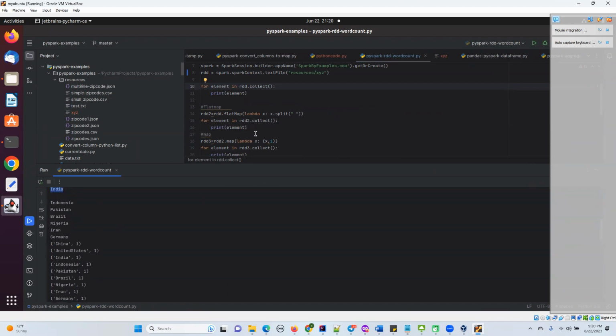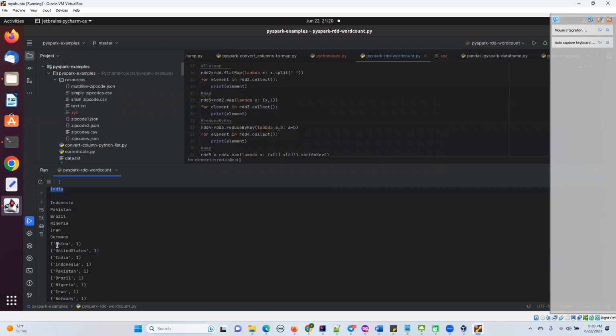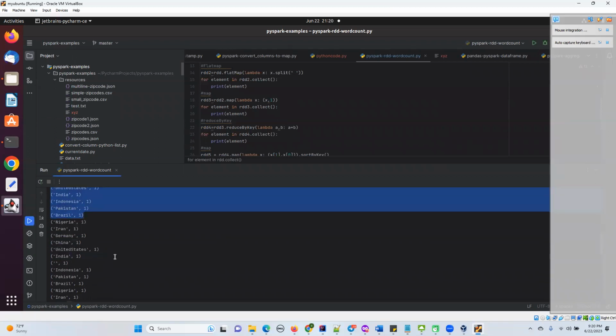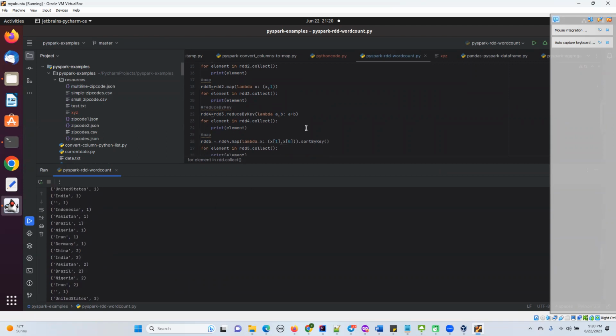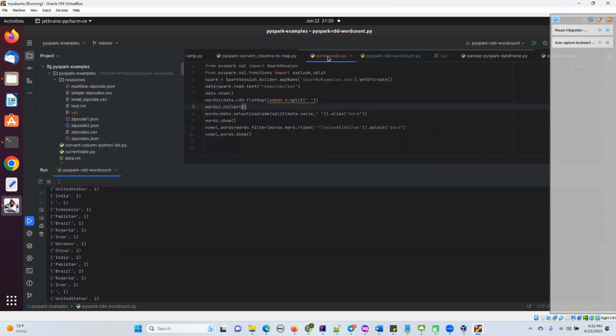And then we are doing the map function to make all elements 1 1 1 1 1, and then we are doing the aggregation, right? So we are getting the count, and then finally we are doing. So if I say here, then this is also RDD, right? Data dot RDD dot flatMap, and